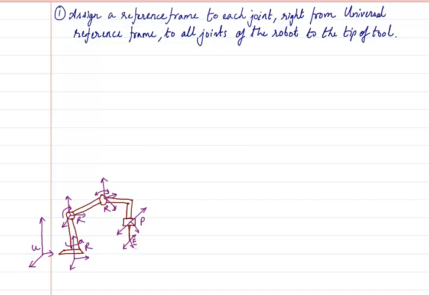And if you remember, we had very clearly said that we are always interested to find out the transformation matrix of E, the end effector, with respect to U. That is what we are always interested in finding. Even in the previous module, we did the same thing. We tried to find out the transformation matrix. So here also we are going to do that. First we have to define the reference frame for each joint. The next step will be